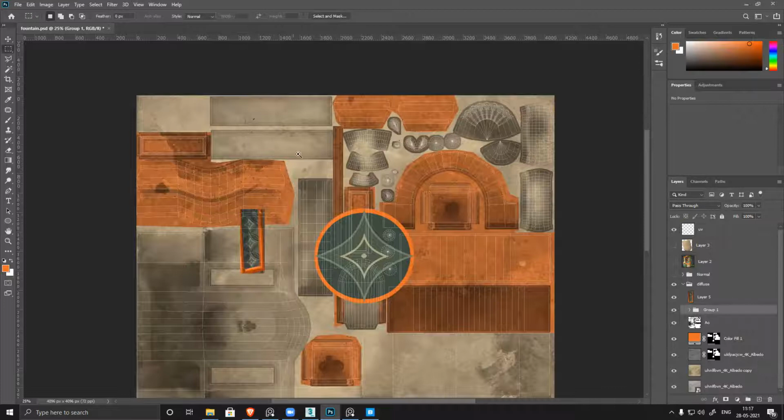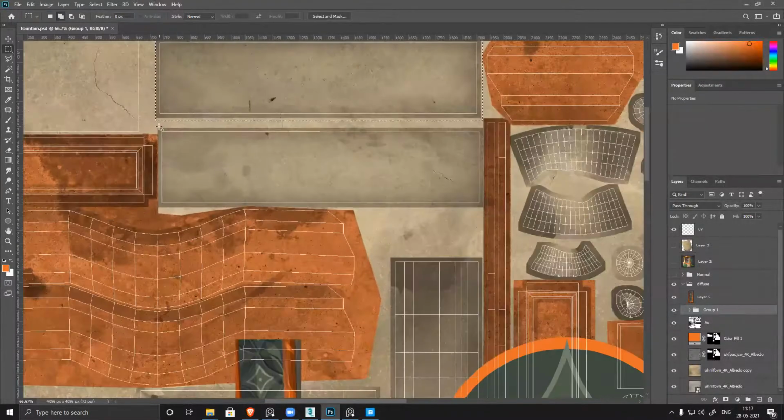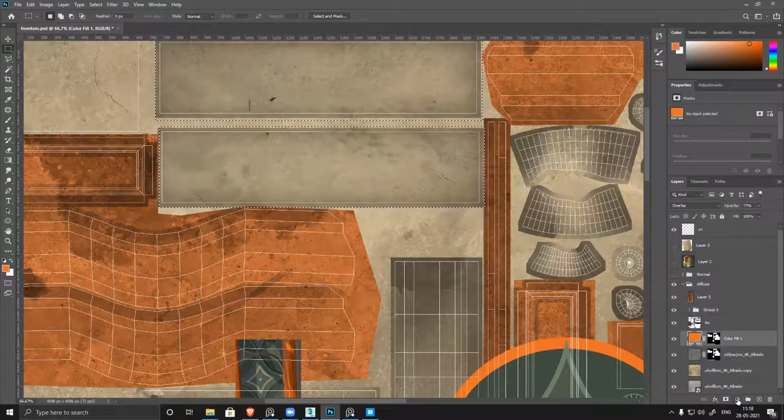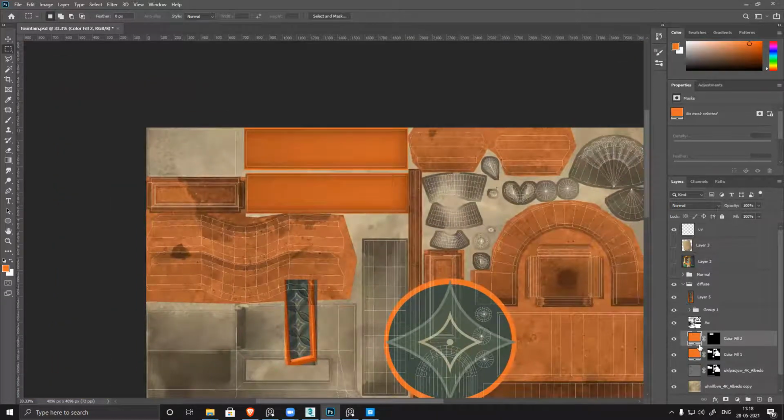First thing first, the color of this base surface is not like this. Select both of them. Under AO, create a solid color. So the reference is on.